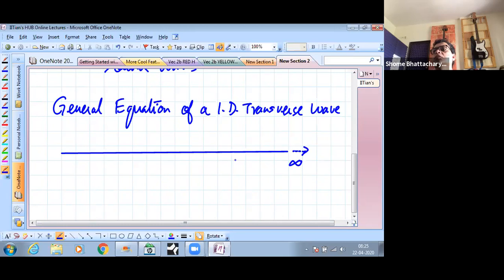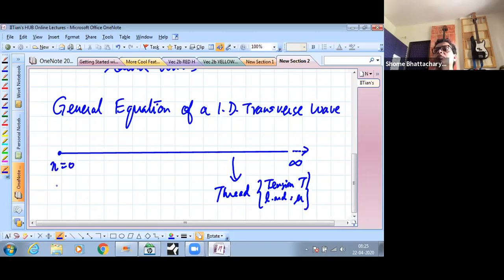This is basically a thread which has tension T and linear mass density equal to mu, that is, mass per unit length is mu. Those are the important physical properties of the string. And at one end of the string, let's say x equal to 0,